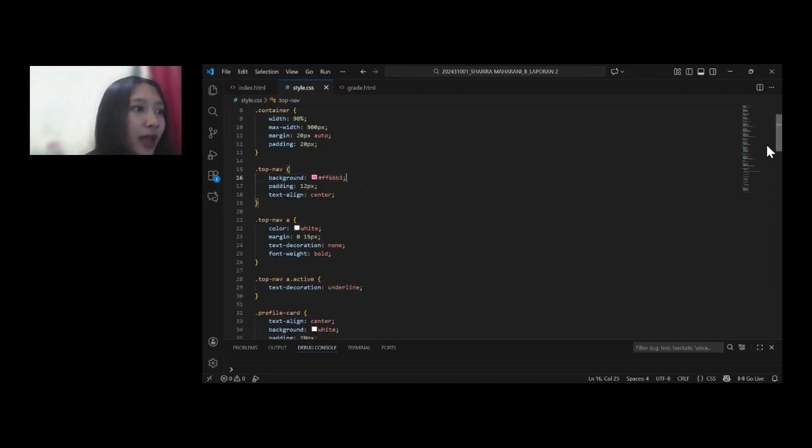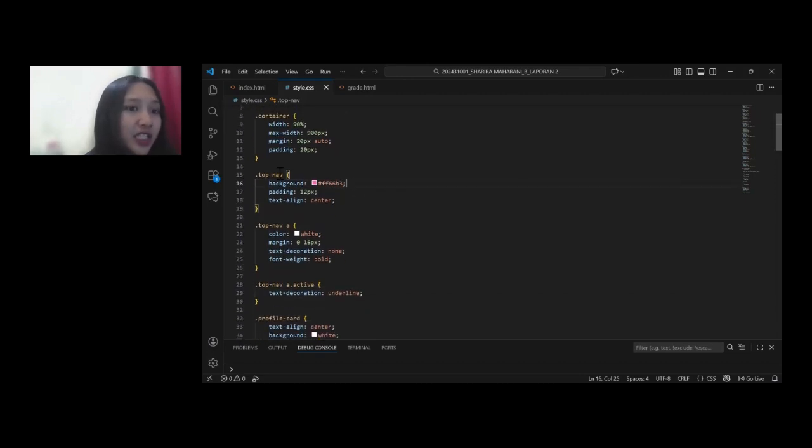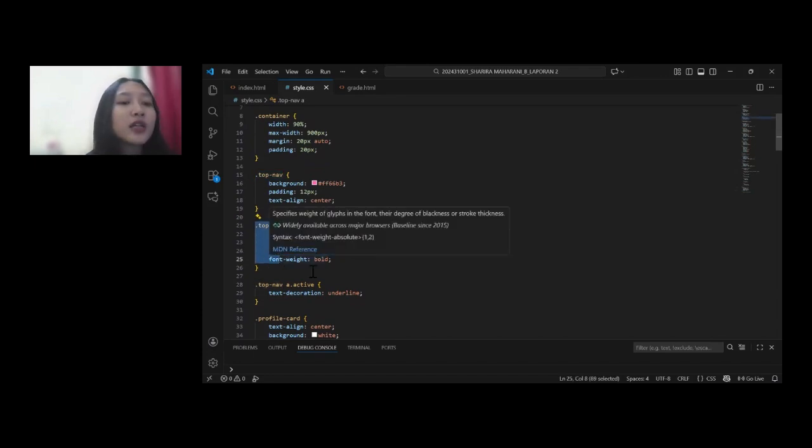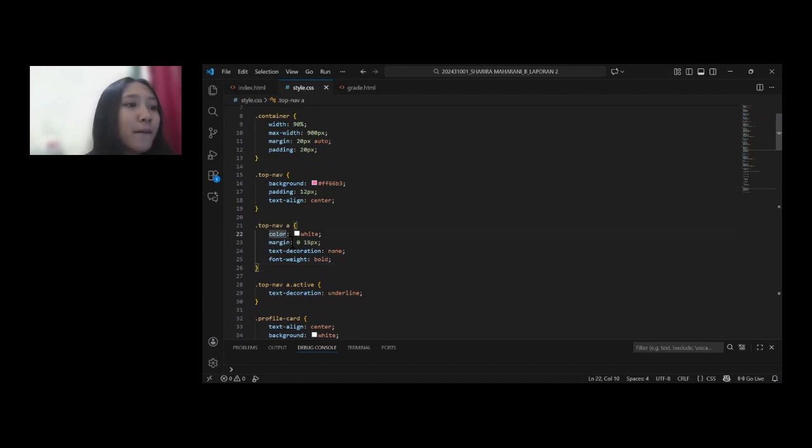Next, the topnav class creates a pink navigation bar with centered text, while the topnav a style handles the individual menu links, including colors, spacing, and hover indicators. The active class underlines the currently active page link.